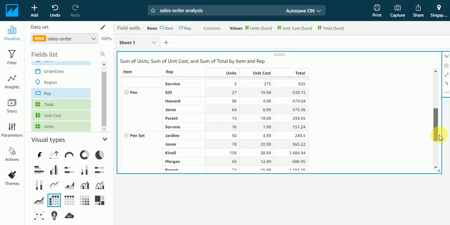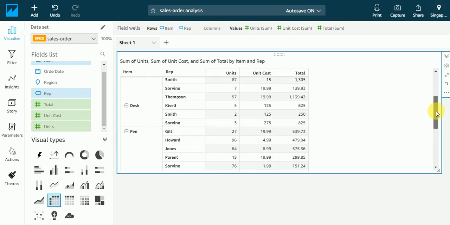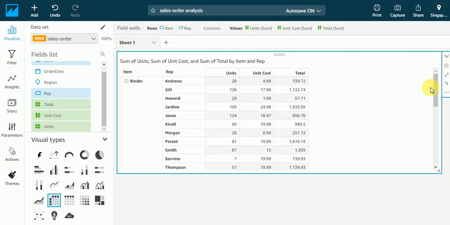Okay, fine. And if I want to change it, if I want to give a name, a heading, to this visual, I'll just give it sales summary